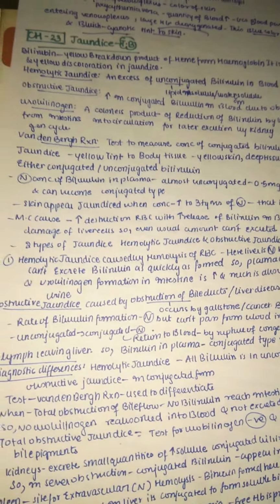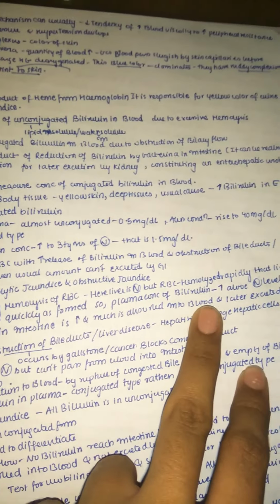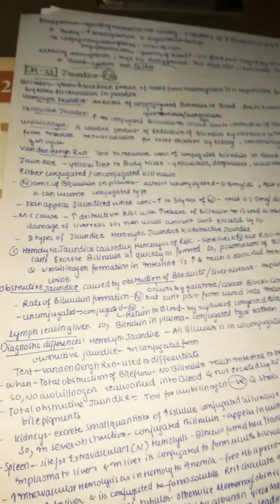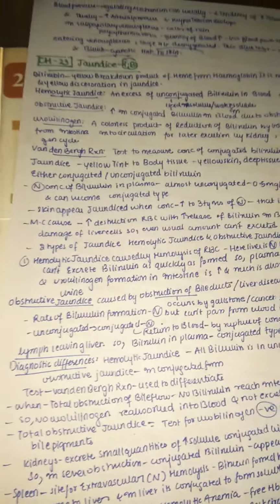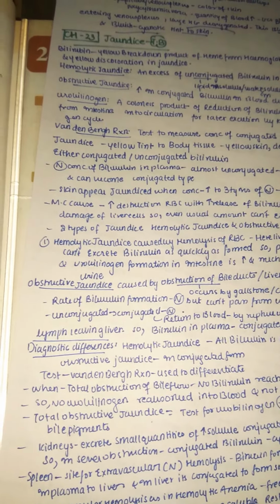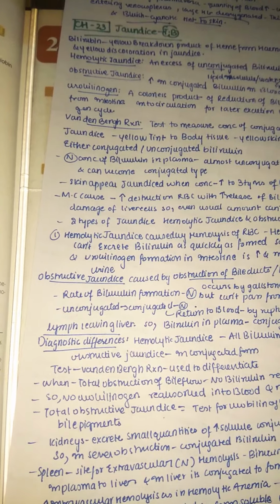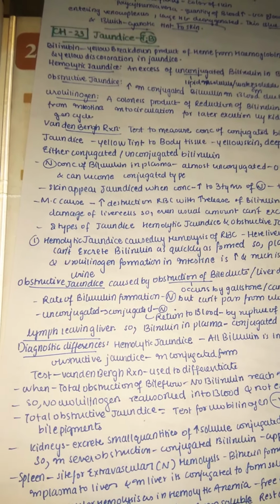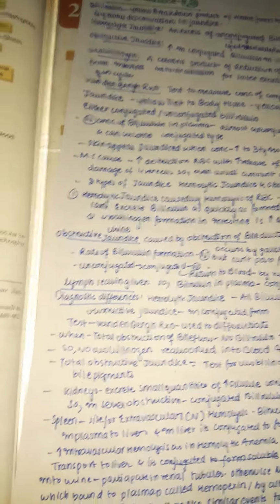There is a lot of bile in this hemolytic jaundice, and much is absorbed into the blood and later excreted in the urine. Some of it may be excreted, but much of it will be excreted later, because here the liver is still functional. Even though the level is very high in the beginning, later it may be filtered out, but not that much, because there is already a lot of bilirubin in the blood. Some later may get excreted by urine.